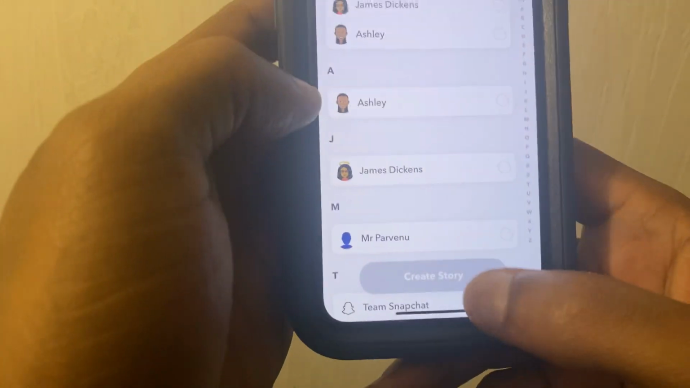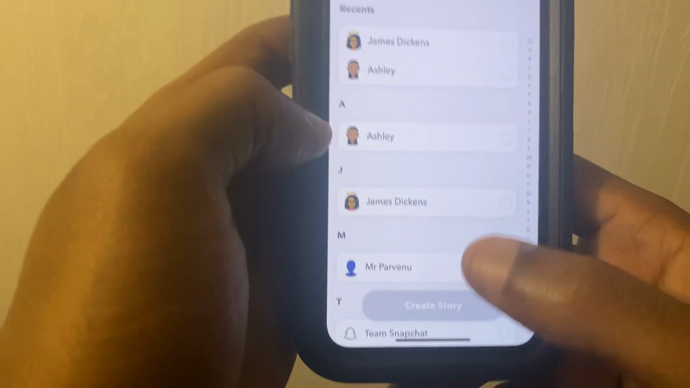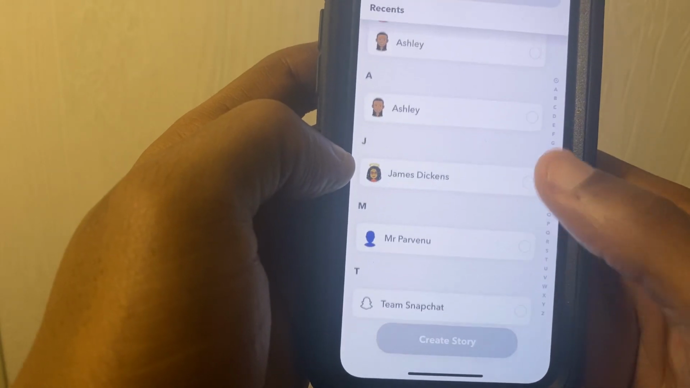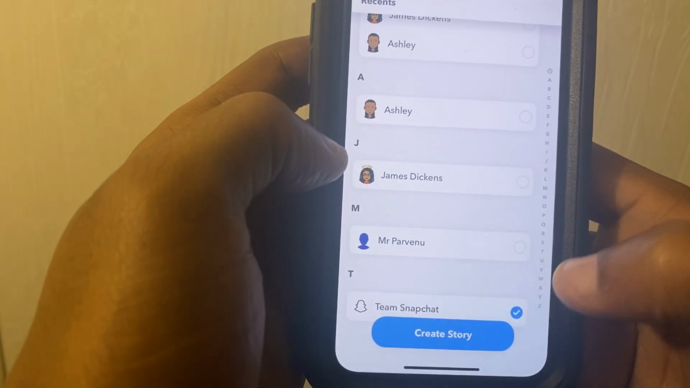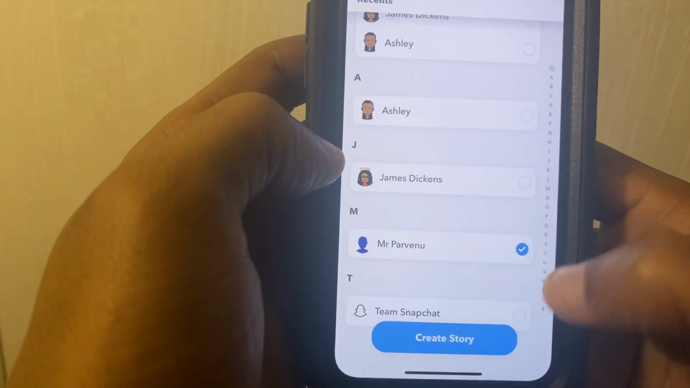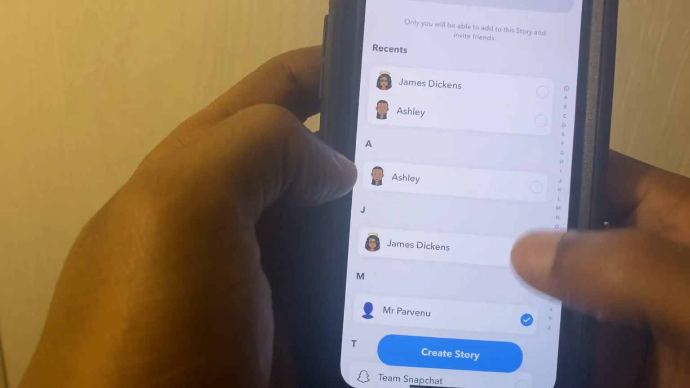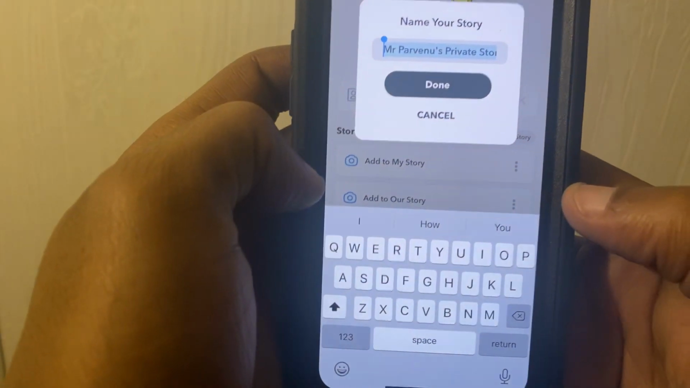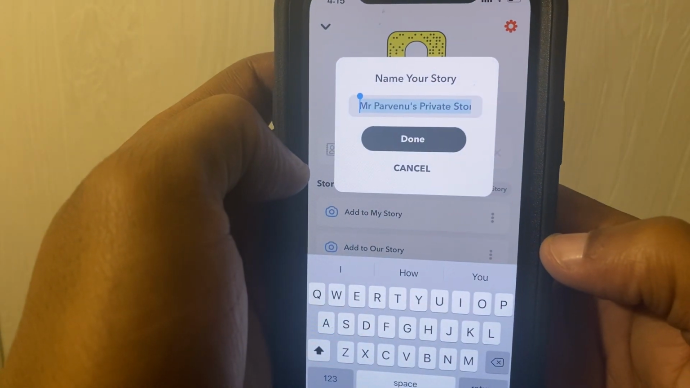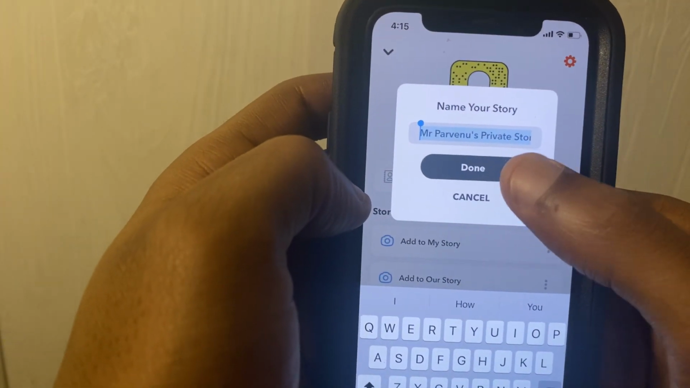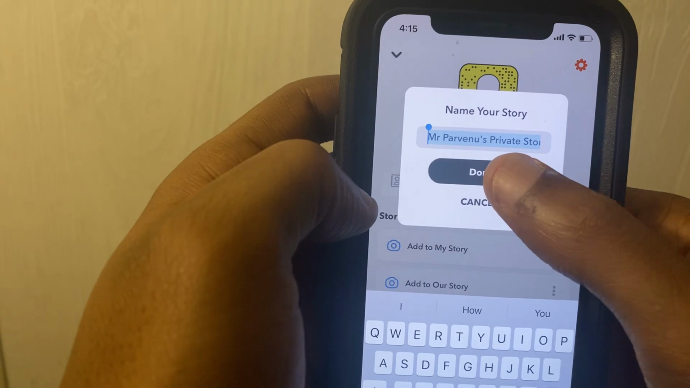Now you just click on create story. Hold on. I guess you pick one of these. Pick one, and then you go to create story, and then name your story. I'll just leave it as is. You can name it whatever you want. I'm gonna hit done,